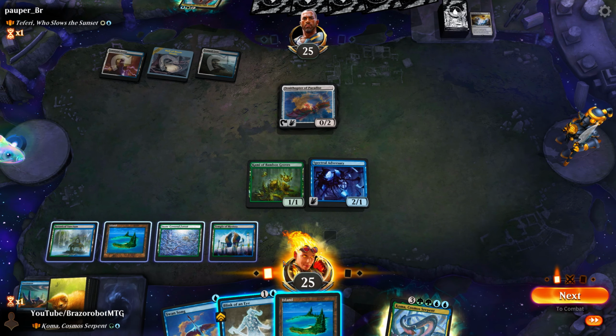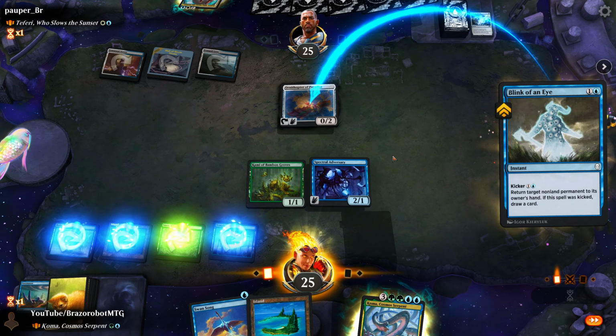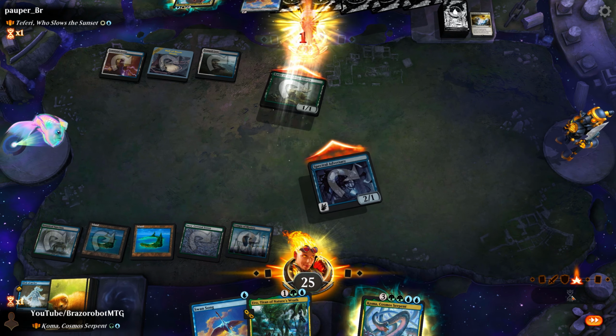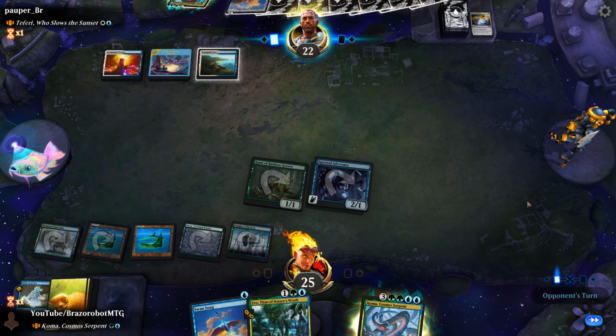There's the island that we knew of. We get Blink of an Eye with Kicker, because we are not going to do anything else. Draw, ooh, Uro, that's fantastic. Attack them for 3. Wow, we are doing a very good job. Hold up Swan Song